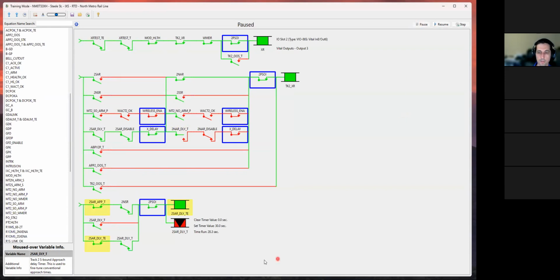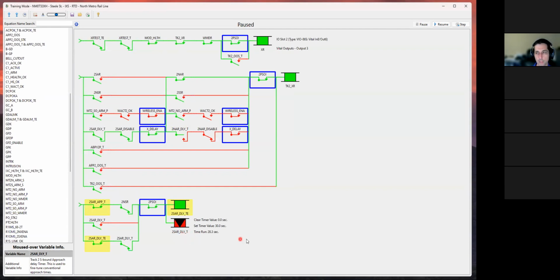Okay, so I hit pause, and as we can see, the timer is just before 30 seconds. We're at 28.3 seconds. So now, if I'm giving a class or some sort of training, I can talk to my class about what's about to happen without it just happening very quickly. And I can say, hey, what do we expect to happen when this